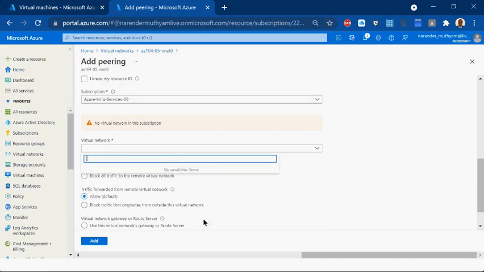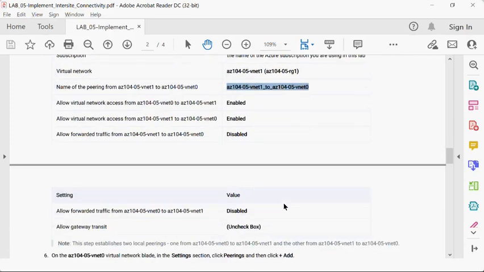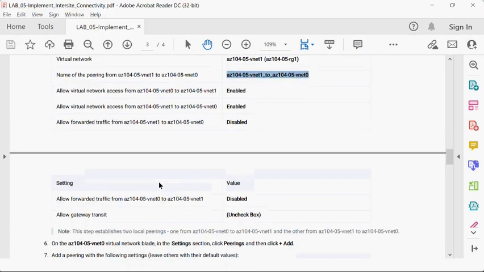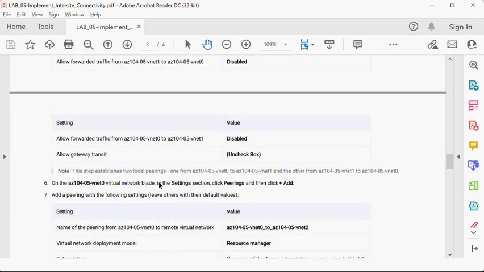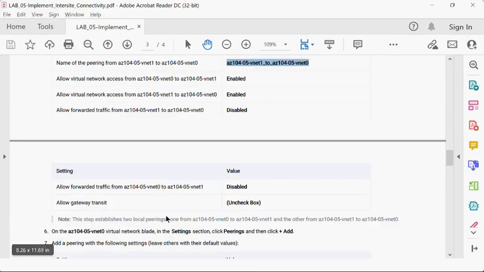So once you see the virtual network as per your lab, what it says, go down and select the, so here it says select the virtual network, right? That virtual network is not shown here yet. So likewise, I have to wait for the virtual network to show up.